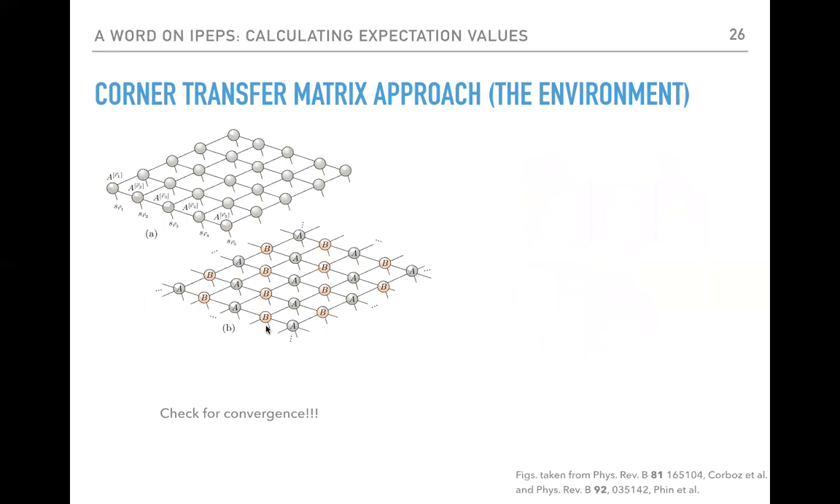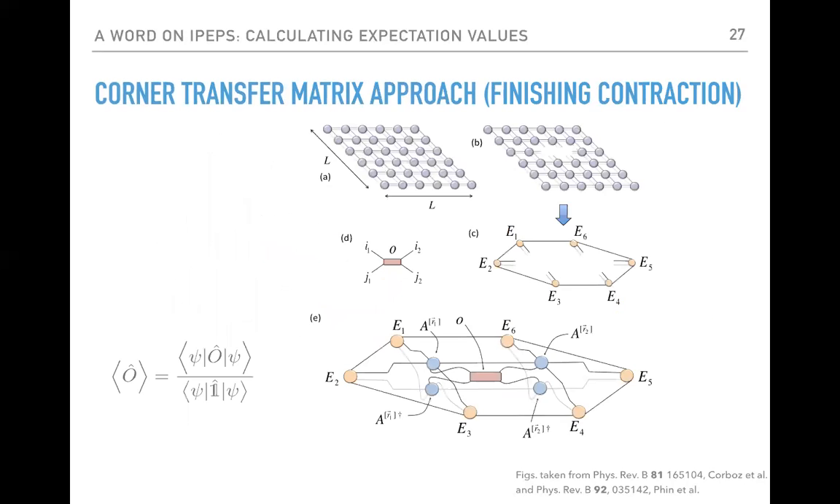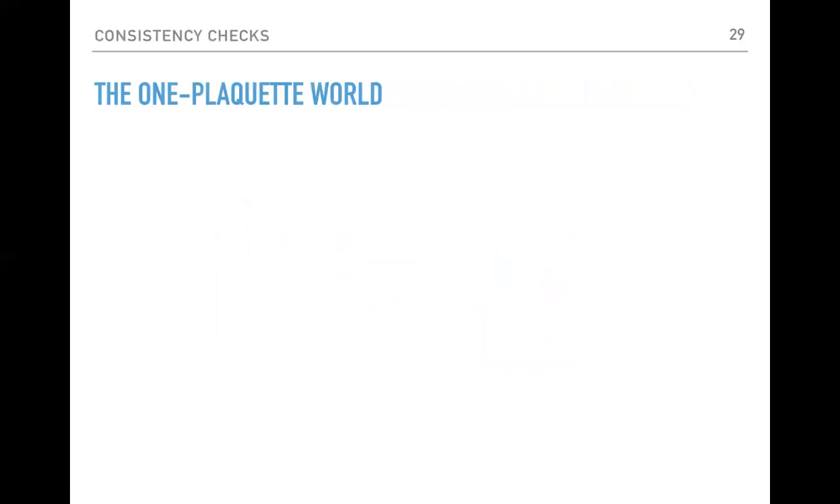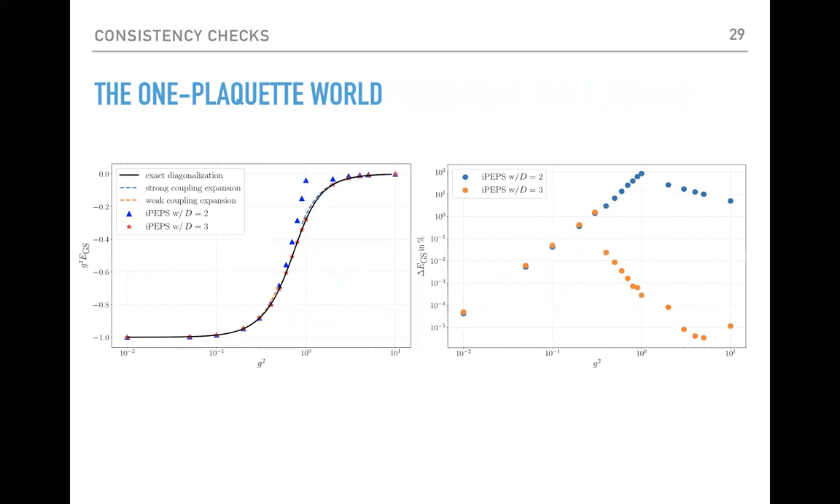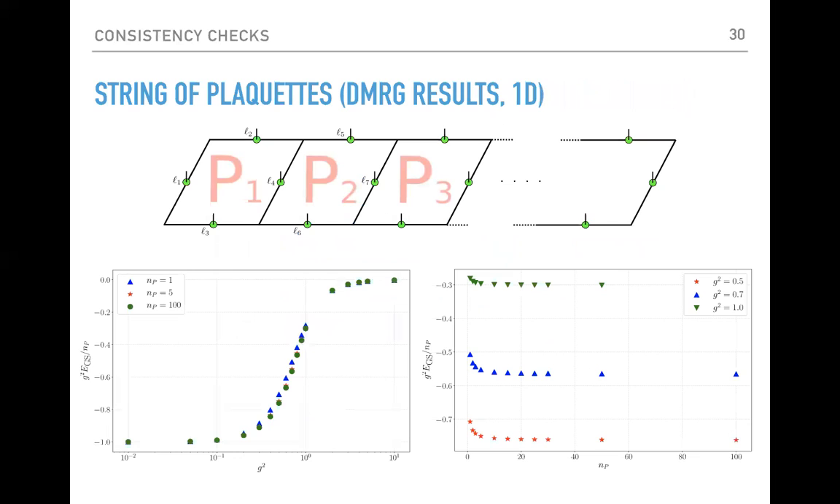And maybe I am a little bit short in time, so I'm gonna skip this part, which is basically telling you how to calculate expectation values on iPEPS, but it's a bit technical, so I'm gonna skip it. If people want to know how to calculate that, I can go. I want to skip that too. These are consistency checks that we did in one-dimensional stripes of plaquettes,